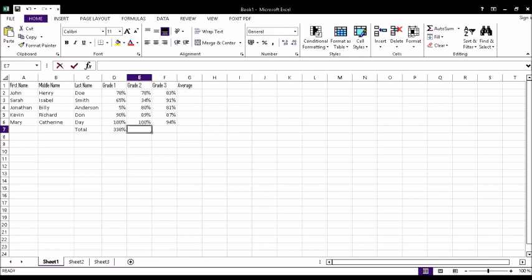Now over to this side, we are going to use a function to add these grades together. So the first thing we do is equal sign. Then the next thing that you do is, anybody knows? The next thing that you do is use the word sum. Now we all know in math sum means to add, right? So the difference between a formula and a function is that a function uses keywords, right? That will help you to do the same thing that a formula will help you to do. So just watch. Sum,